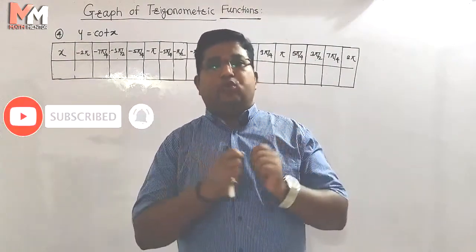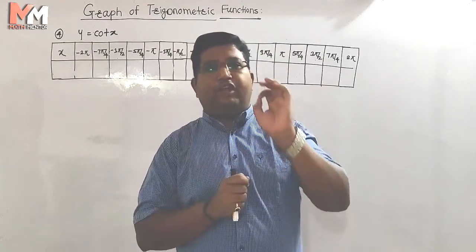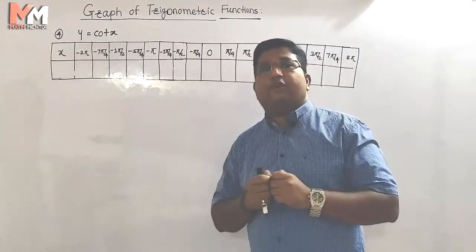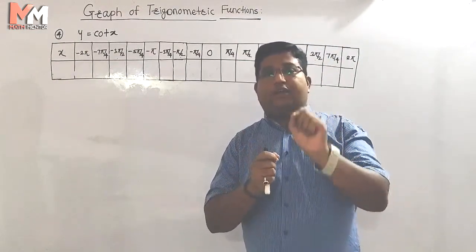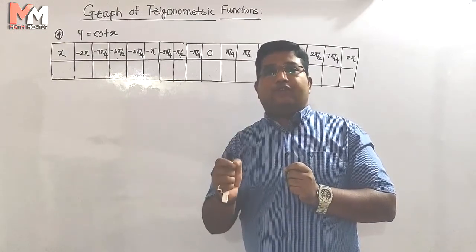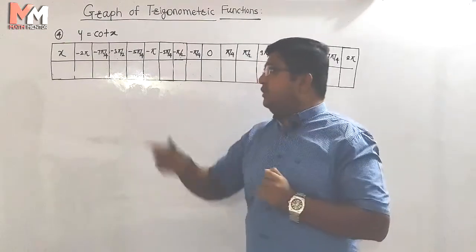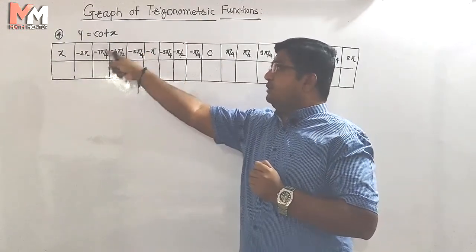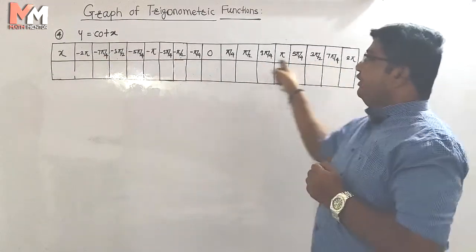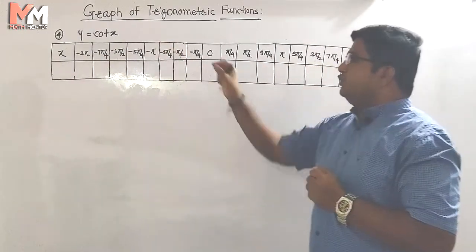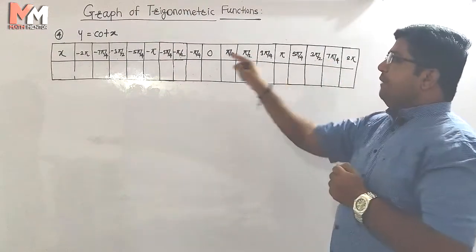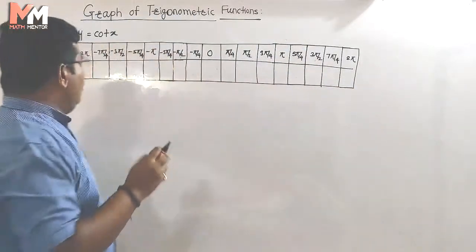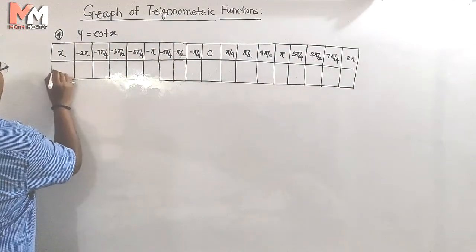So today we have to study the graph of trigonometric functions, a very important concept of calculus, that is a branch of mathematics. In this video lecture we have to draw the graph of cot x by using the values of y corresponding to the values of x. So y is equal to cot x, this is the equation of the curve. x takes real number values, x is an angle measured in radian. So these are different values, different angles of x, from minus 2 pi to plus 2 pi. So y is cot x. Here we have to draw the curve of cot x.